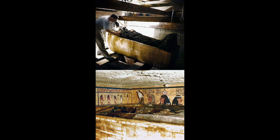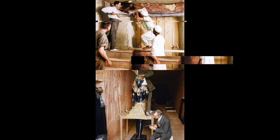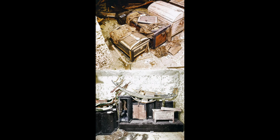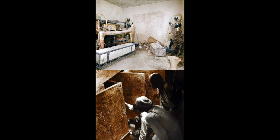For years, it was believed that King Tut had died at the age of 19 from a blow to the head, possibly caused by one of his rivals. Experts later determined that the damage to the skull was done after his death, either during the embalming process or while being handled by scientists, but in 2005 another study determined that he had broken his leg and developed an infection shortly before he died. Other theories claim that the pharaoh had malaria, which caused his leg infection to progress rapidly, or that he had